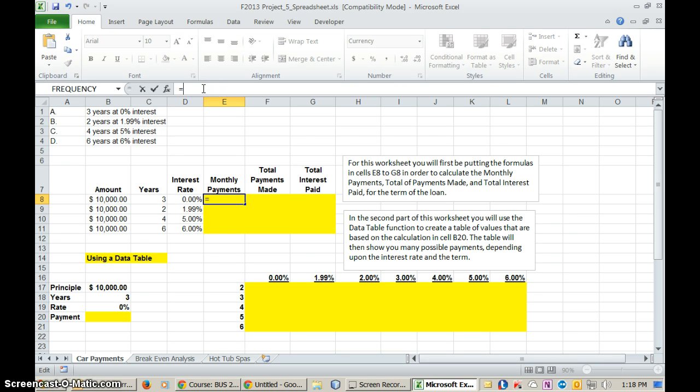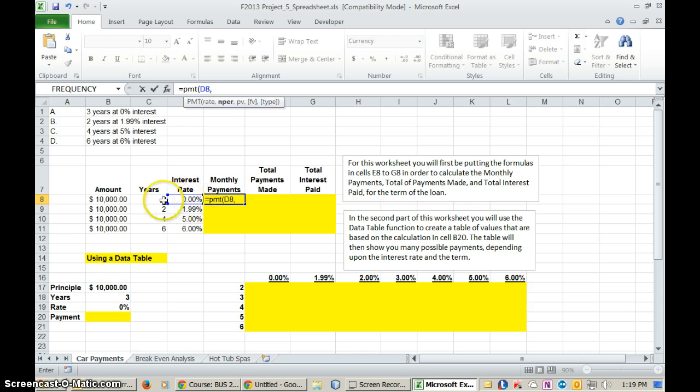We'll put in PMT and open bracket, and you can see that the payment formula requires 3 things: rate, number of periods, and present value or the principal. The other 2 options that you see there are optional items that we won't be using in this assignment. So the first thing we have to do is specify the rate. The rate is in this cell here, so that's D8, and then we put in a comma,